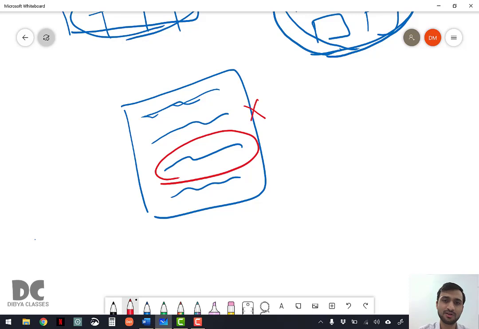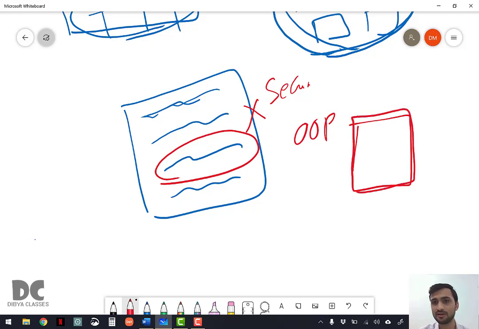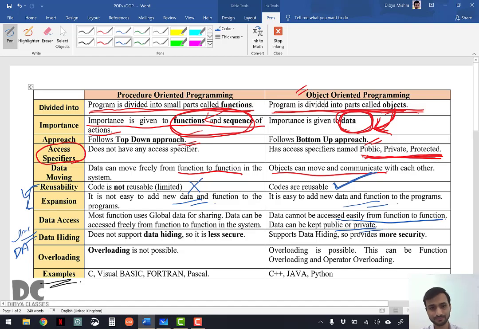So POP is not secure enough, but OOP is very much secure. Therefore, OOP languages are now used as compared to POP languages, because if security is not there, anyone can change the program, hacking will be done, and it will be very problematic for everyone.